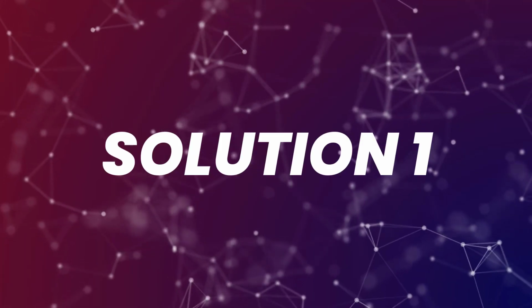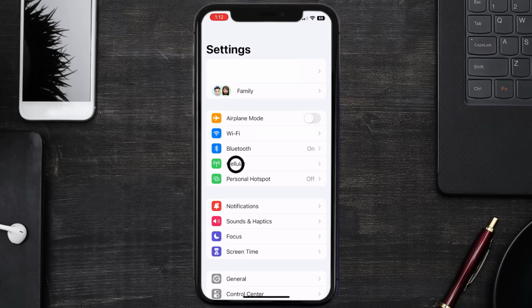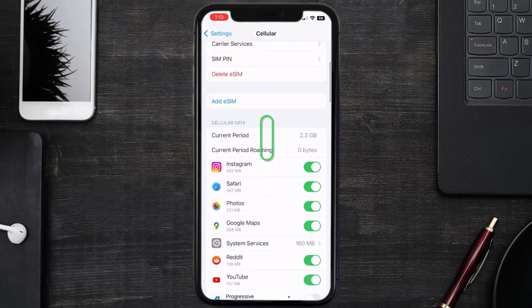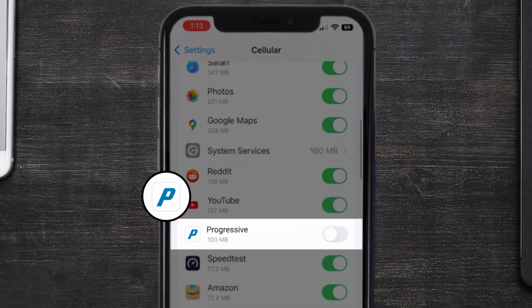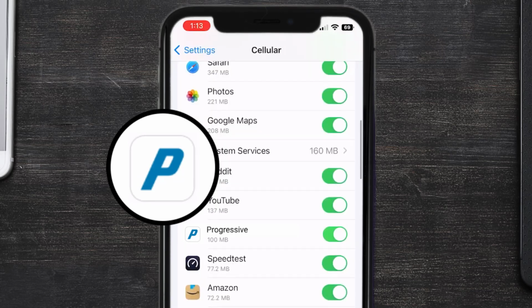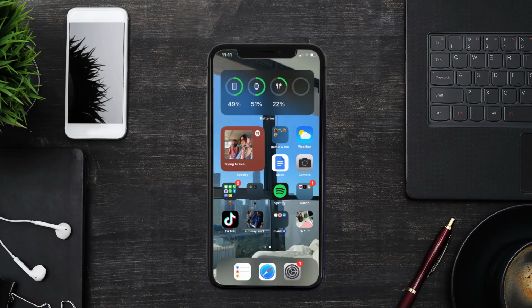So first of all, you need to head over to your device settings. From here, tap on the cellular option right over here. Once you're on this screen, you need to scroll down and search for the progressive mobile app, and then make sure the toggle button right next to it is turned on, indicating that the app has internet access through your cellular connection. This should fix the progressive mobile app loading issue, but if it doesn't, then you need to make